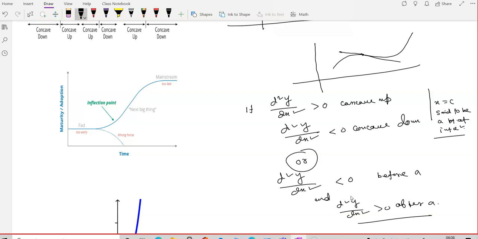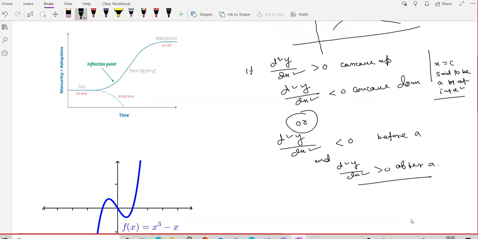What happens exactly at the point x equal to A, or at the point x equal to C? d square y by dx square is going to be equal to 0 because d square y by dx square is changing its sign at the point. It can happen from less than 0 to greater than 0, or from greater than 0 to less than 0. If at that point the value of the quantity is equal to 0, then only it can change the sign.